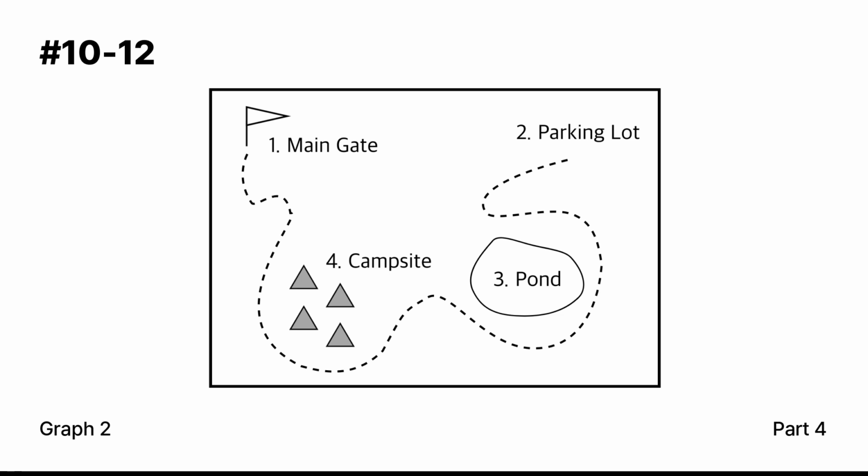If you're arriving for the afternoon hiking program, please check in at the main gate, where you'll receive your wristband and a trail map. Look at the graphic. After that, continue to the parking lot to store any large bags in your vehicle, or use the lockers available there. Then you'll pass the pond, where we've set up a short resting zone with benches and a water station.